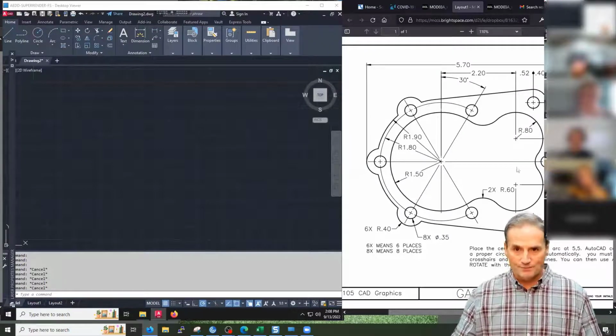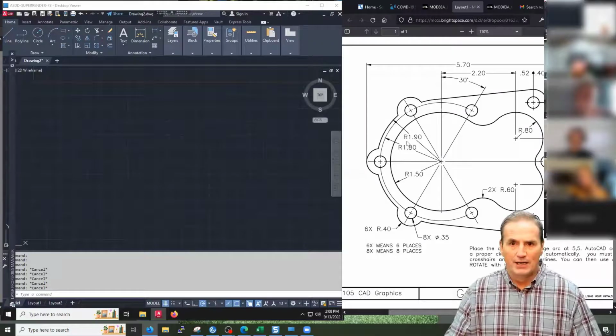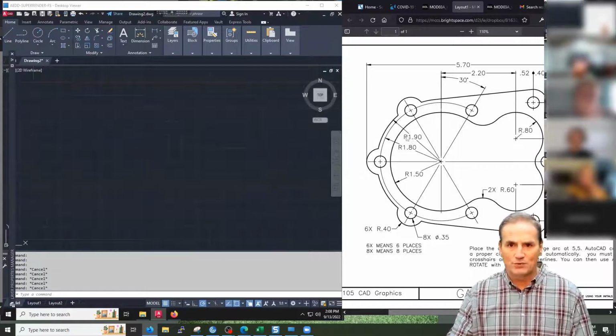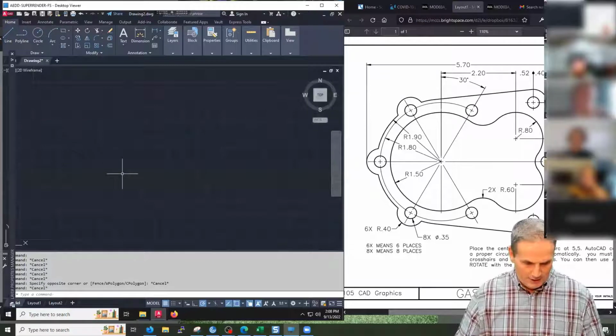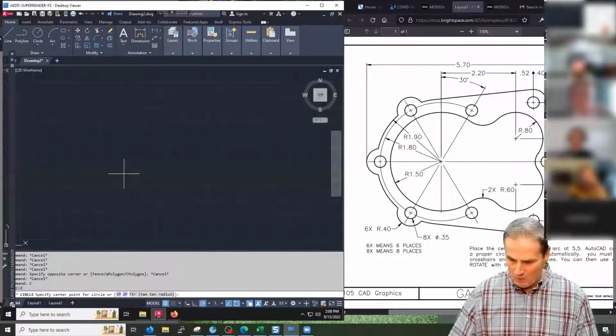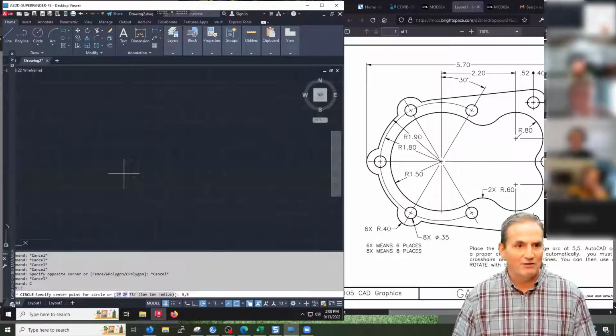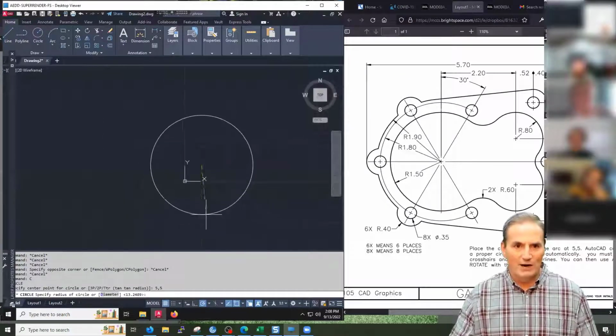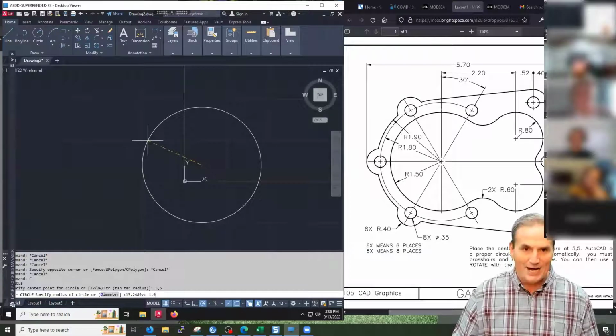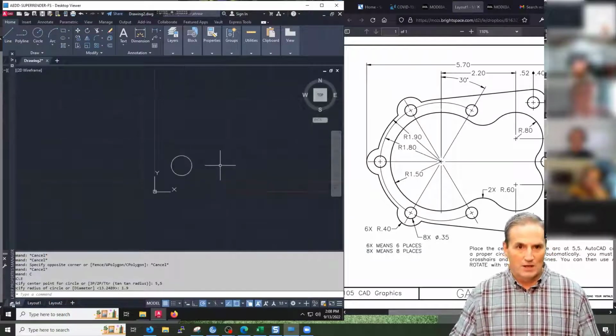Okay, so I'm going to come right over here, and I'm going to start by drawing this 1.9 radius arc, and I'm going to draw the inner 1.5. I don't need the 1.8 right now, and you'll see why in a second. So C for circle, absolute coordinate, 5,5, enter. And I need a radius, which is the default, so 1.9. All right, now